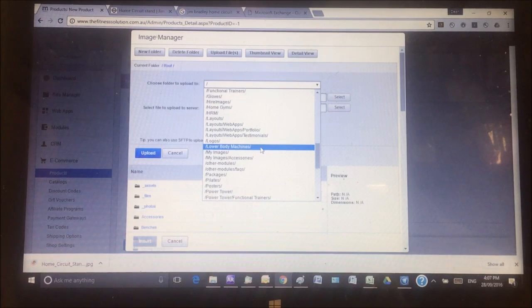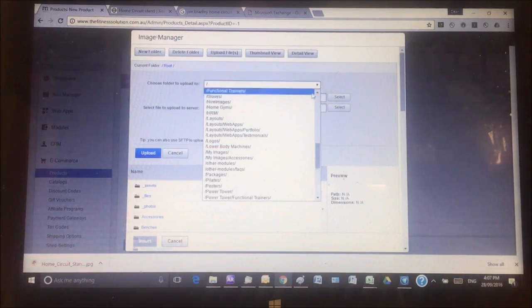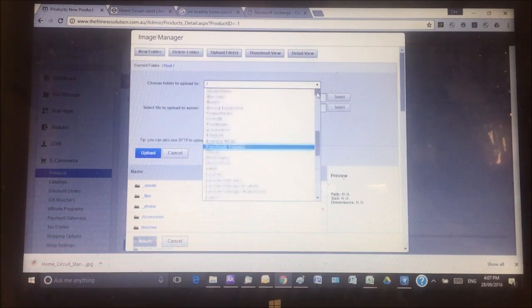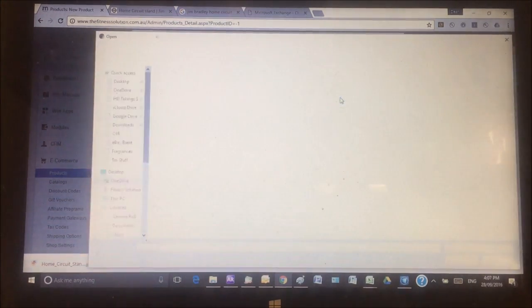A lot of them are made from the website. There's a few that I've added, but there should be one called boxing equipment. So you find that boxing equipment folder, and now we need to go back to where the images are and add them. So I click on select,